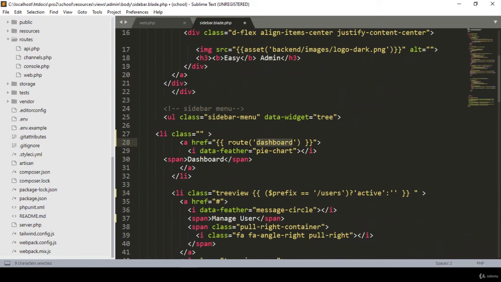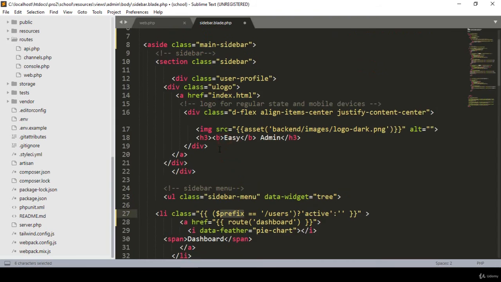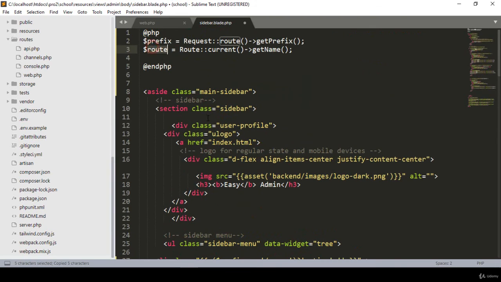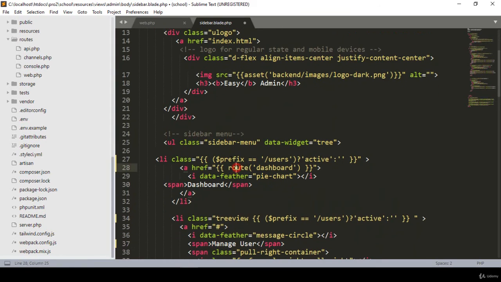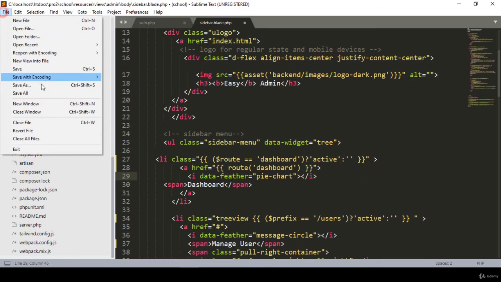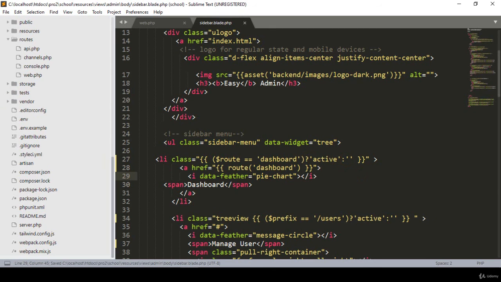So now I want to use it. Here in the class area I just simply paste it. That will not be the prefix, that will be route. I hope you understand about it, friend. So that will be the route, when our route name is equal to dashboard, then it should be active rather than inactive. That means if you now save it, I show you, click save all, and now if you go there,